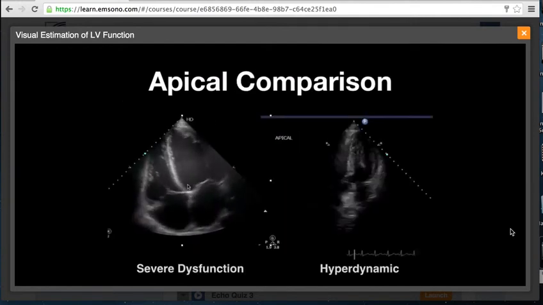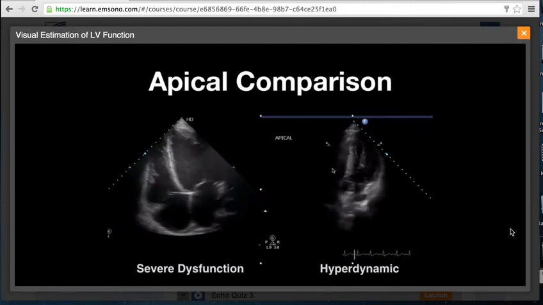Let's look at the extremes of function on the apical four-chamber window. Here you've got somebody with an EF of about 10 to 15%. Note that there's really no thickening of the wall during contraction, and that there's very little variation between systole and diastole of the endocardial borders. Also note that the mitral valve and tricuspid valves are not opening up briskly,